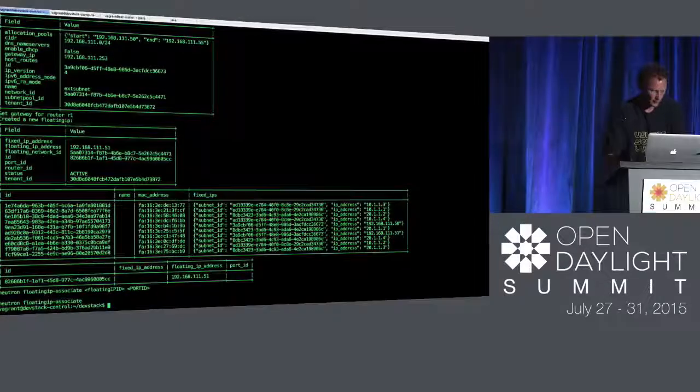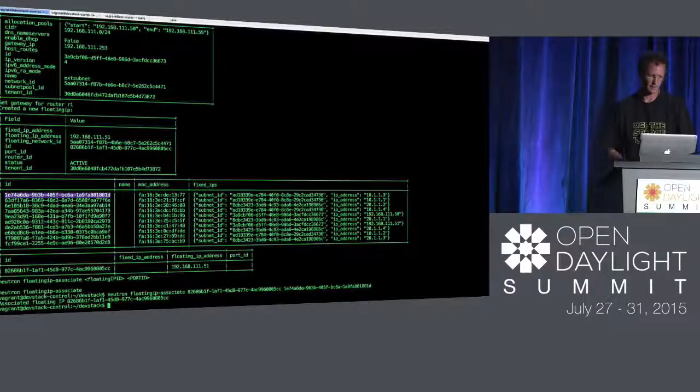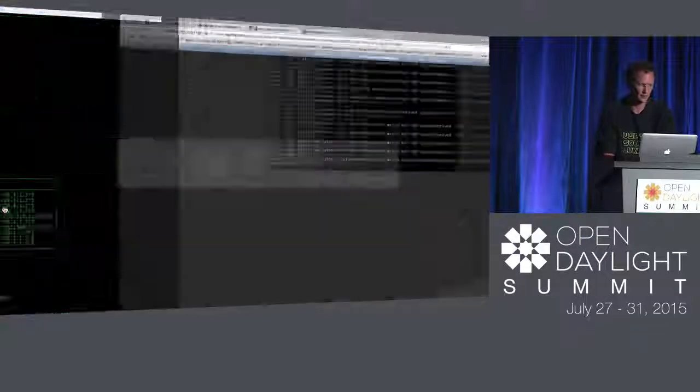Let's have a quick look at that. I'm not as good at scripting as the guys who do this for a living, so you'll just have to bear with me while I hand fist a way to associate this. We're going to associate this address, and Flavio, these addresses should look real familiar, mate, since it's pretty much your IP addressing scheme. We liked it so much we stuck with it. All right, so we're going to associate this floating IP address here. So now let's go back to,